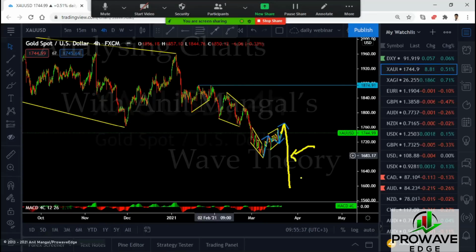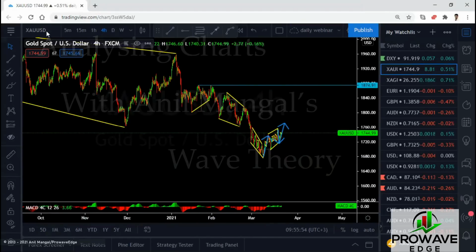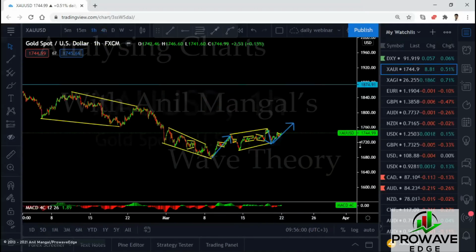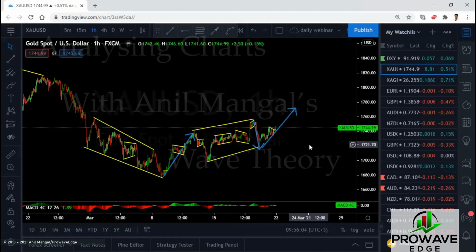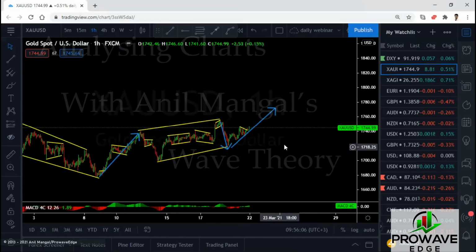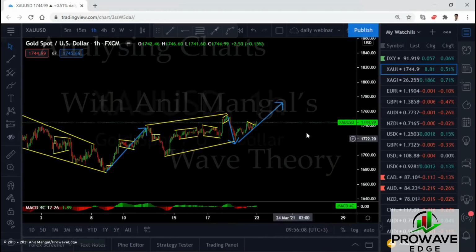Now, that will depend on what the dollar index is doing, because most of the movement is a dollar movement. It's not really gold price changing or silver price. It's the price of the dollar changing, and that's what's creating these little moves up and down, because we're trading it against the dollar. So let's see what happens when it gets to the top. That is your trade. You're buying it to the top. When it breaks that top, or it gets very close to the top, it doesn't have to break the top in this case, but when it gets very close to the top, you'd have to be very careful with the trade, right?